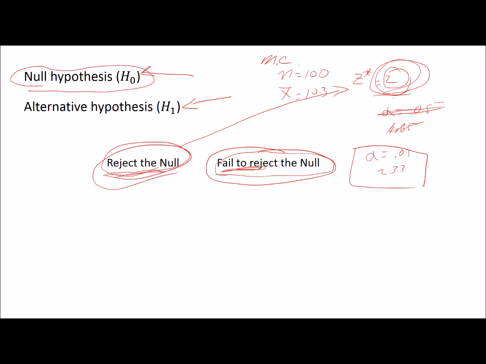Well, if that's the case, then again we're going to fail to reject the null. And we would say, yep, based upon a sample of 100 with a mean of 103, a significance level of 0.01, it seems that Mercy College students are not brighter than the average, so we're going to fail to reject the null. We could also be wrong there. And if we're wrong, well, that could lead to problems.